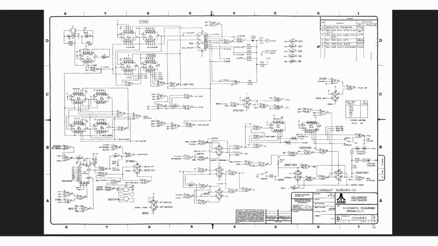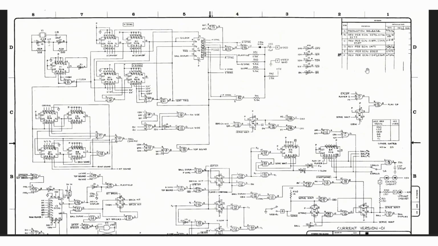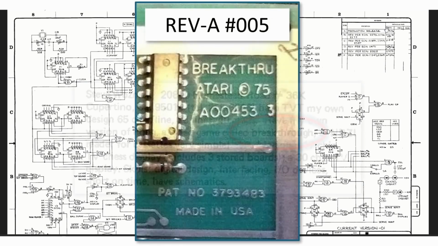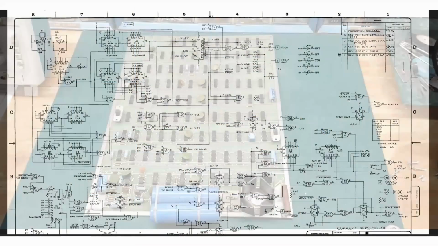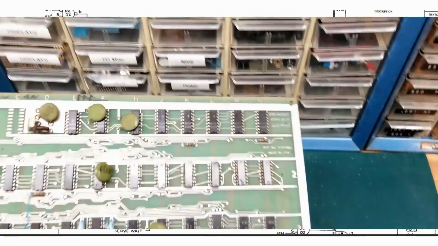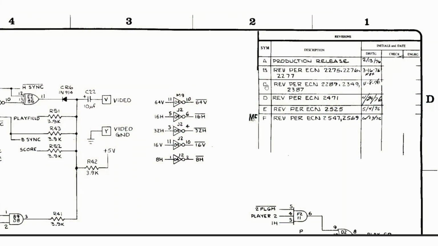Now, if you look on the bottom here, you'll see that the drawer changed the word, not the font. You can see it was probably whited out and replaced. What we can see is that on revision A, the board was originally called Breakthrough, and that aligns perfectly with Wozniak's article about a breakthrough game. And on version C, at least, we see it's Breakout. They've got the exact same part number. No clue, but probably C and above it was called Breakout, and A it was called Breakthrough. So it never got to a customer as Breakthrough.